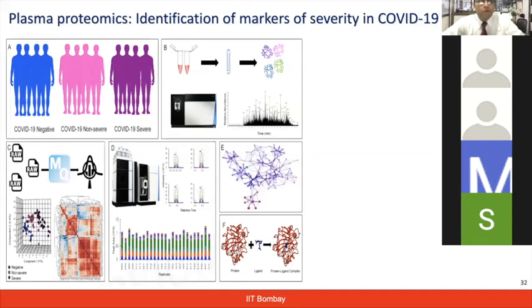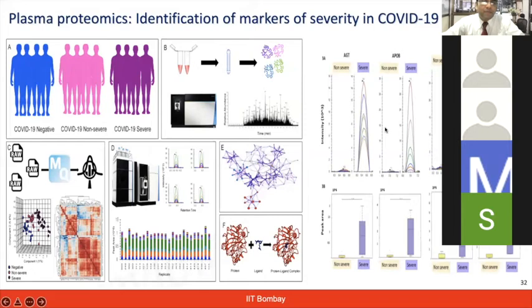So we thought to look at almost 200 or so patients' blood samples, which were either negative, or the mild form of COVID-19, or the severe form of COVID-19. We tried to look at their blood, remove some of the abundant proteins, and look at all the proteins present in the human blood. In response to the viral infection, what happens to the human host? And then looking at various types of technological testing, we could come up with this test, which is based on the mass spectrometer,